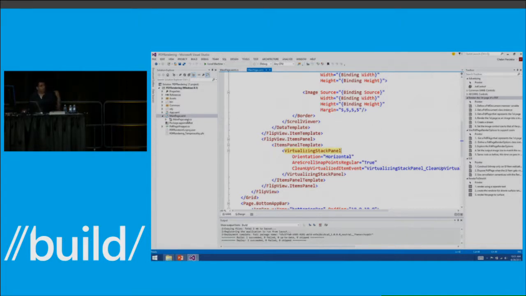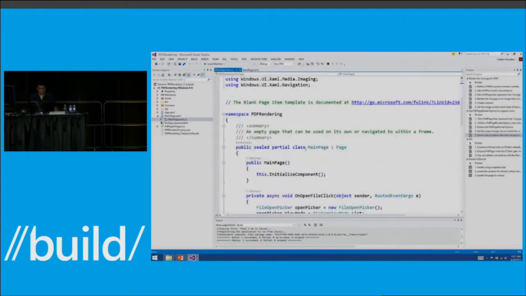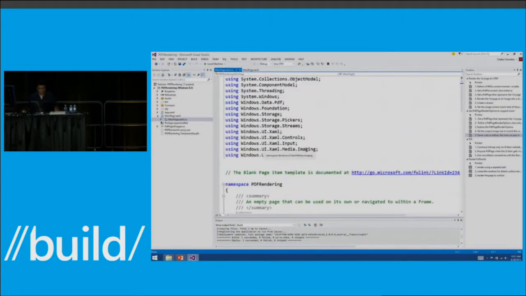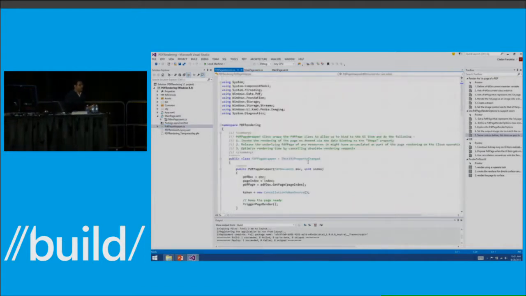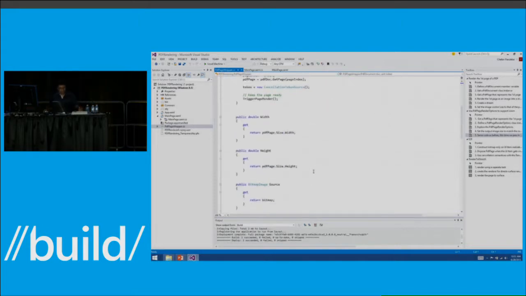Now let's look at the code behind the XAML. What I have here is a simple PDF page wrapper class. The function of this class is to wrap the PDF page class and allow the data binding to happen to the UI. So these are the properties that the UI will bind to.